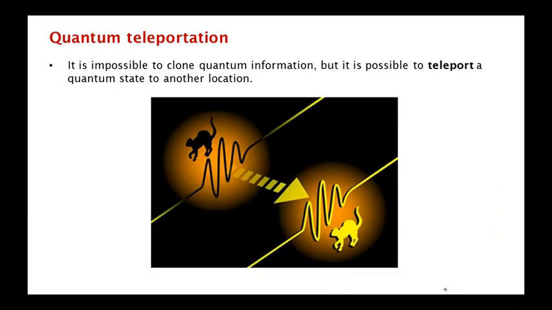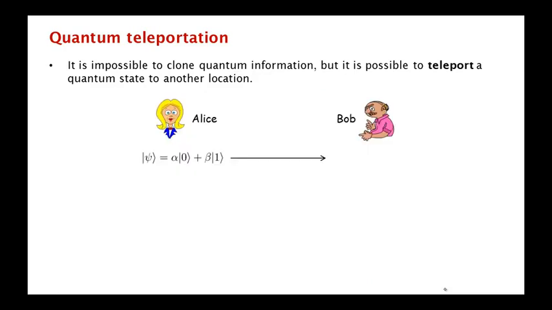So you know that it's impossible to clone a qubit. But in quantum teleportation, you want to transport a qubit from one location to another. And well, one way to transport it is if you have a quantum channel, if you could carry the quantum bit from one place to the other. But it turns out that there's this other way of transporting it from one place to another, which is called teleportation. So let's see what that means. Well, first,